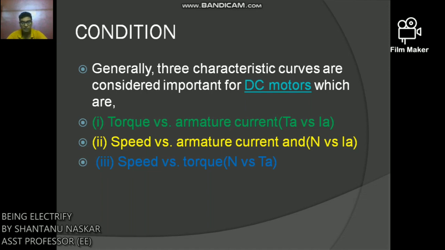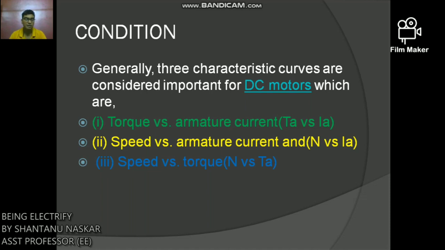The performance of a DC motor can be judged from its characteristic curves, known as motor characteristics. From these curves we discuss the characteristics. Following are the three characteristics of a DC motor. Torque versus armature current is the curve between armature torque and armature current of a DC motor. It is also known as the electrical characteristic of the motor.